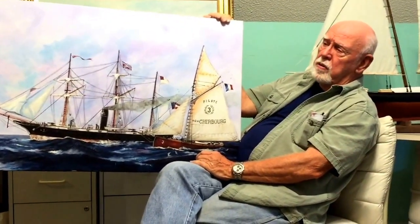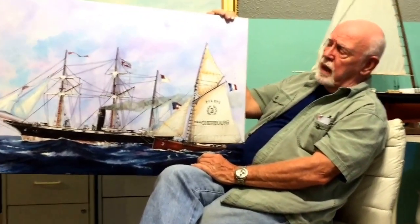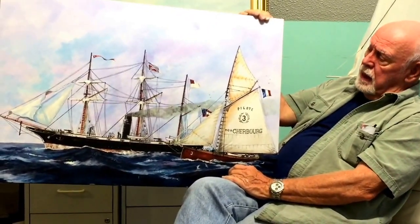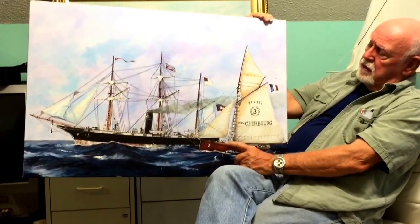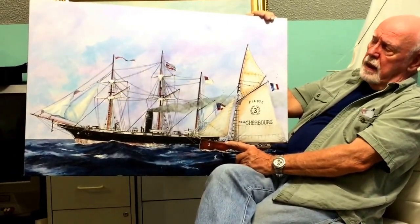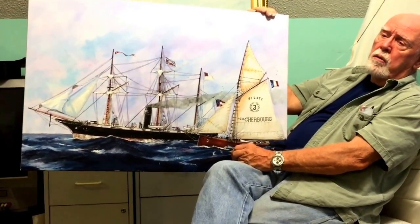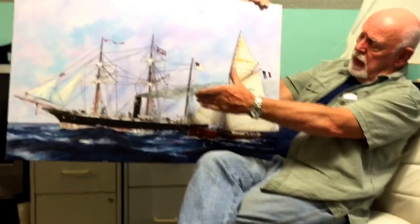This is a painting of the Confederate raider Alabama. The Alabama was the deadliest raider the Confederate Navy had. It was captained by a man named Semmes, and he was a 100% dyed-in-the-wool believer in the cause. While the Alabama was under his command, they sank 29 Union ships, mostly whalers and merchantmen. What happened here is they burned the boilers out, and just like the German battleship in the Second World War that had to go to Uruguay, couldn't go on any further, and the English Navy was waiting for it, they went into